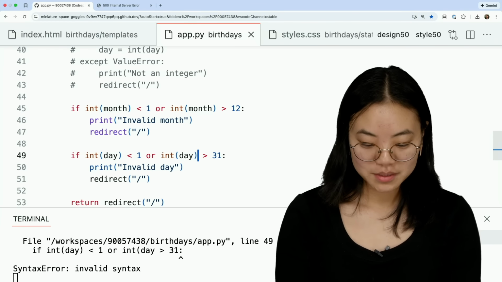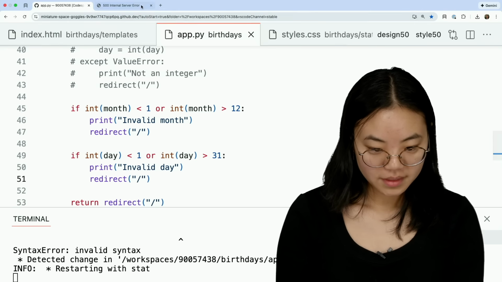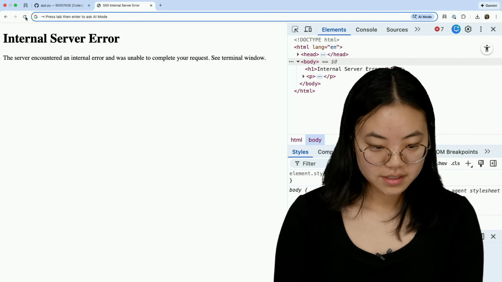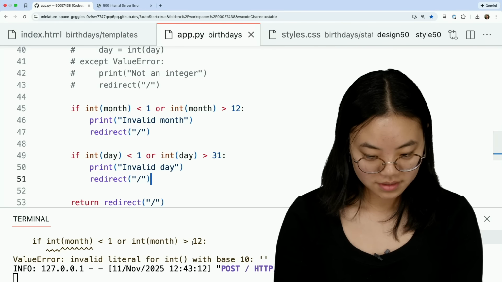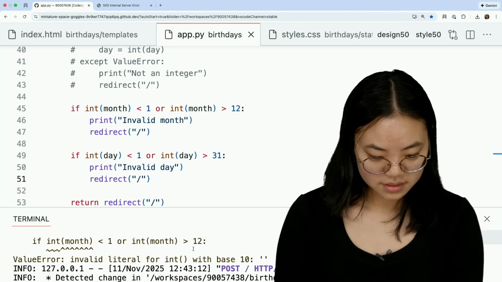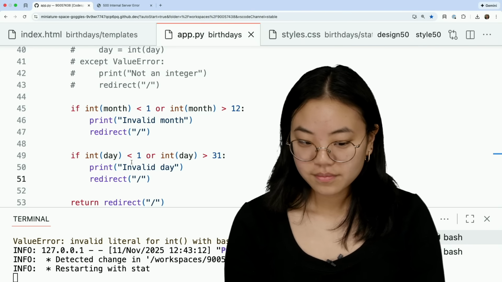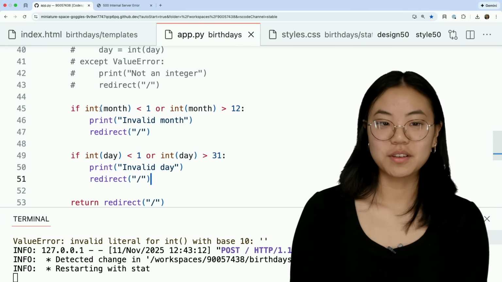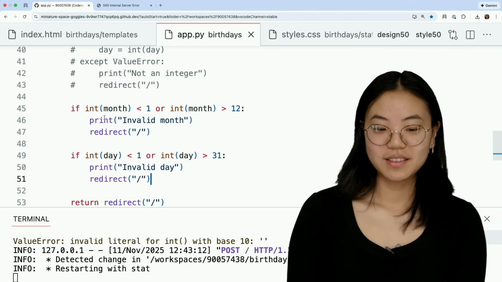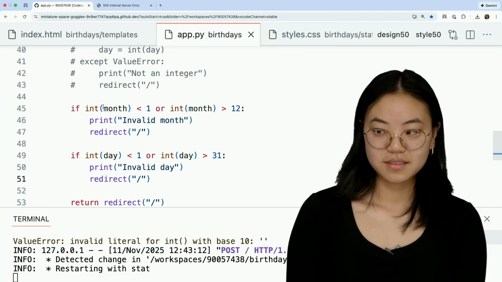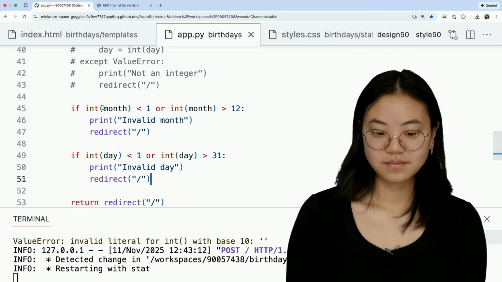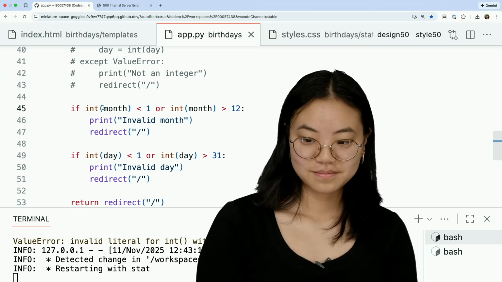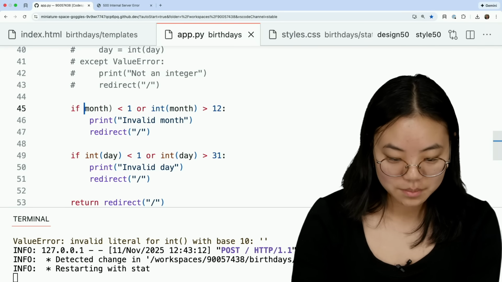In most cases, you probably shouldn't trust the user too much, as they can always get around these sorts of things. So let's see, what do I have here? Invalid literal for int. Let's see, does anyone know what's going on here? Am I misusing this int function? Okay, I think it might actually be